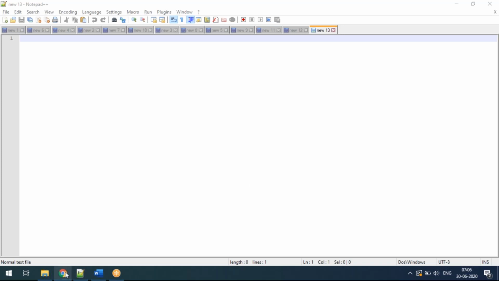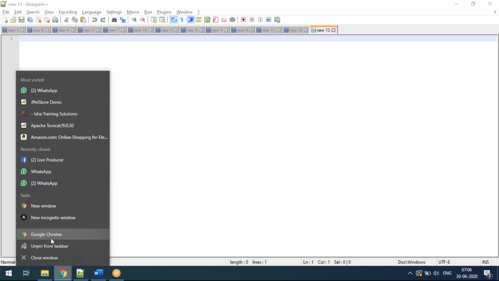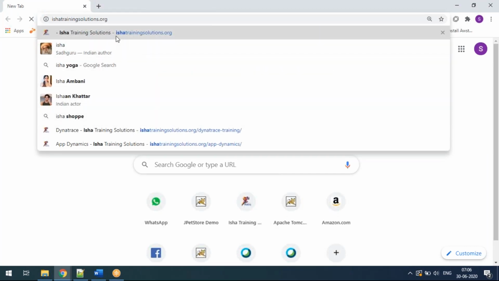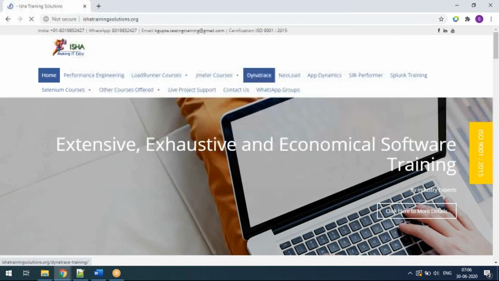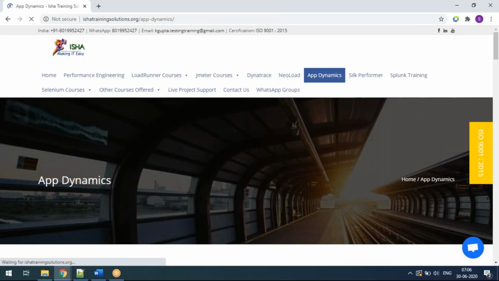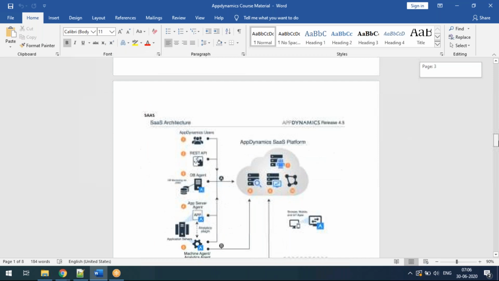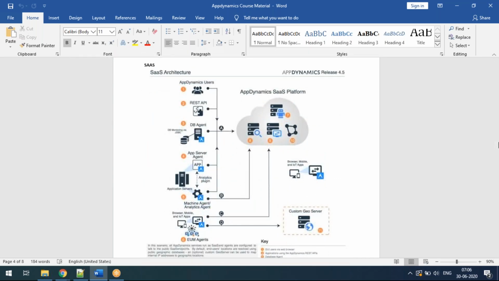Okay. So today, we are going to see the architecture diagram of AppDynamics. Yesterday also I gave a little high-level understanding of AppDynamics.